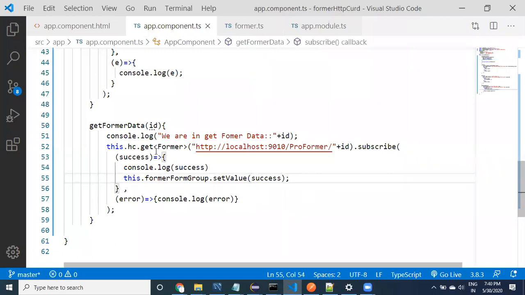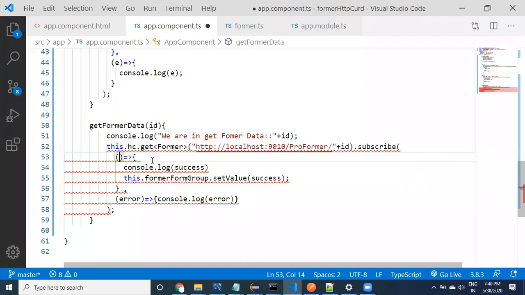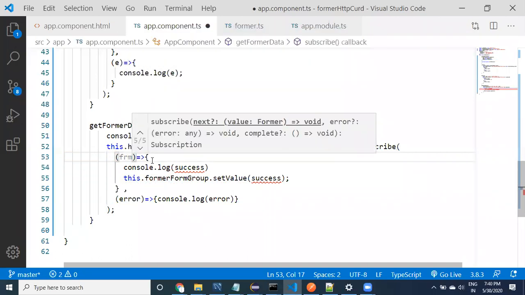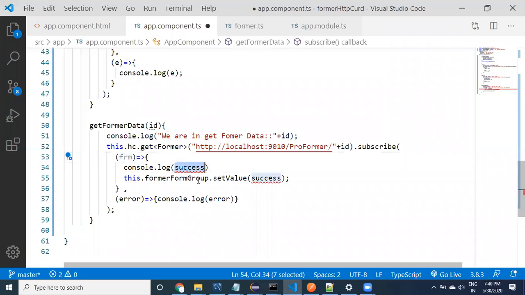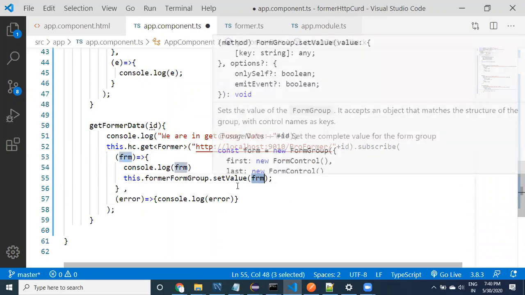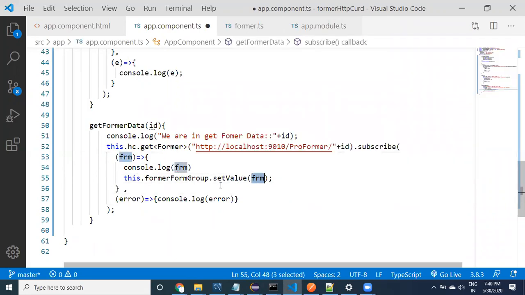Instead of success, you can take whatever name you want, like farmer, F for M. If you want it more meaningful, you can take it like this. See here, you are assigning the data using the method called setValue. Whatever data we get from the backend is only one object.